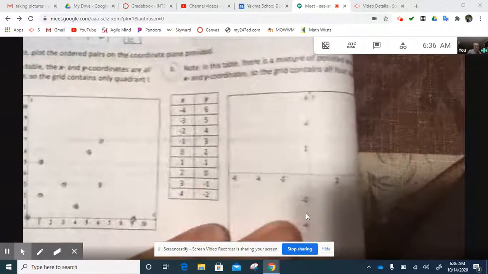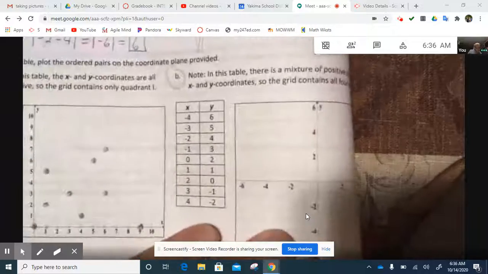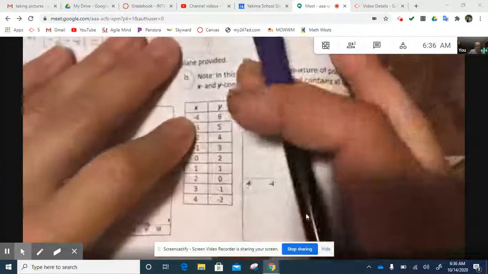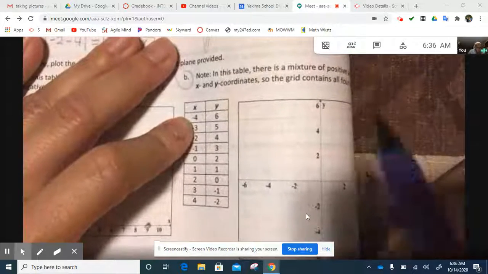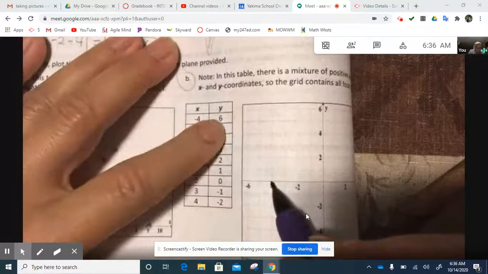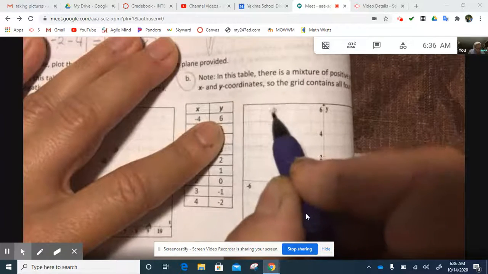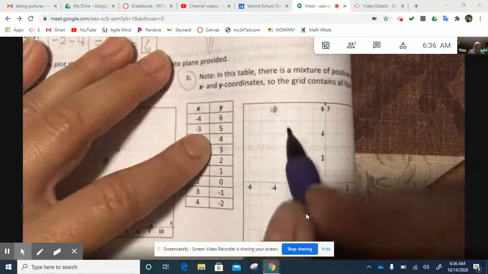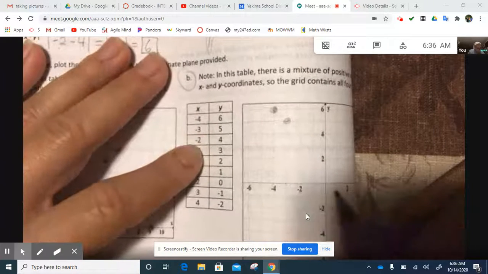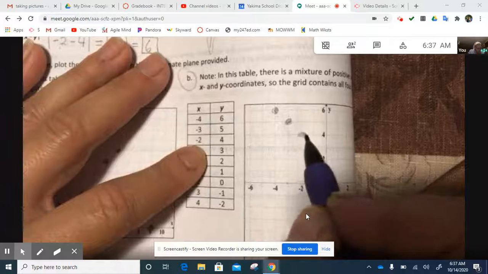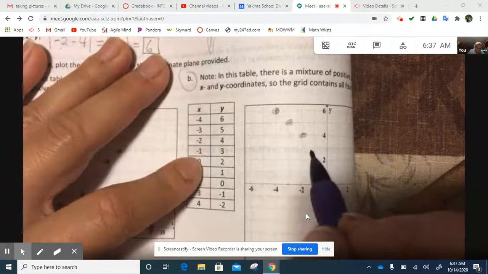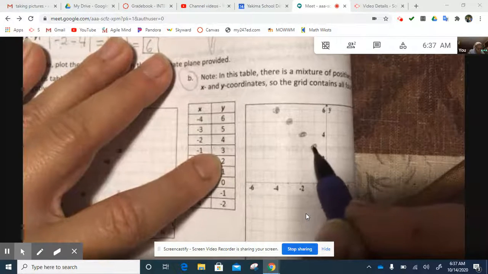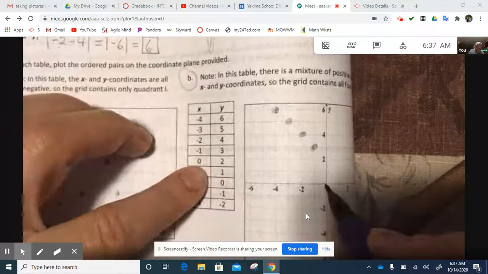Okay, so in this table, there's a mixture of positive and negative. So the grid contains all 4 quadrants. Okay, so for x being -4, on our x-axis, we're going over to -4. And then for y, we're going up to 6. For x, we're going over to -3, and then we're going to go up to 5. -2 up to 4, and we can already see there's a pattern developing. -1, 3, 0 up to 2,